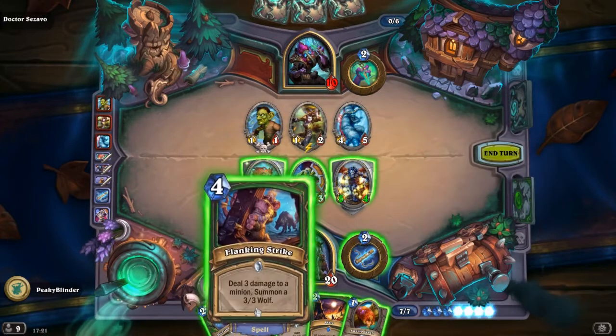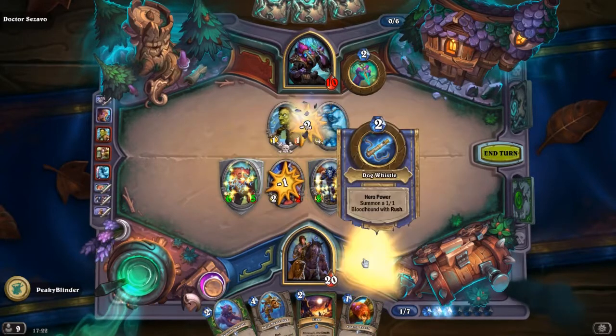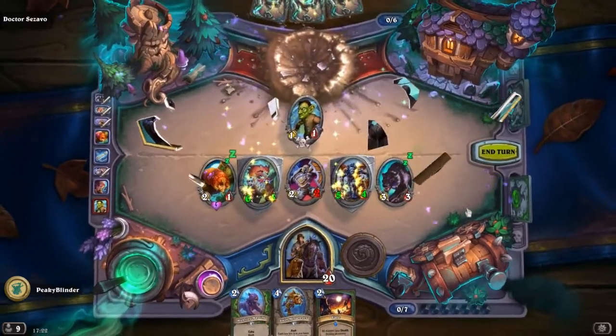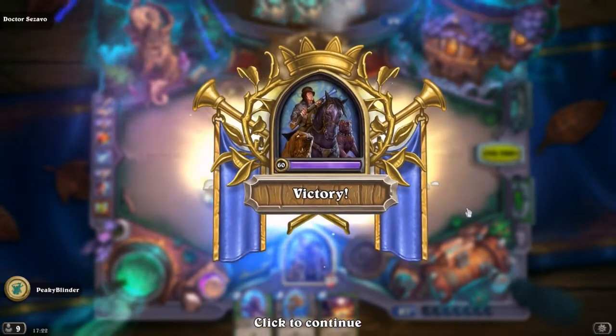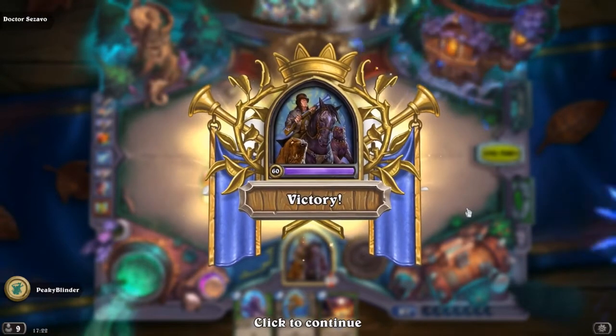We're just going to be able to use our bloodhounds to clear off his minions and take lethal again. Pretty easy, these first few bosses we've noticed, but there seems to be some easier draws for